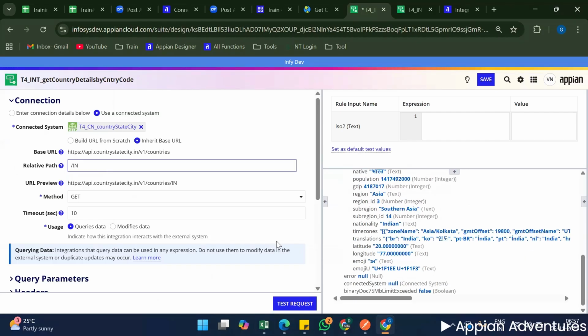So if you want to change, you have to modify the relative path, right? You have to open the object every time and modify this integration relative path to fetch the particular country details. So this is called the static way. So the dynamic way, in the sense,